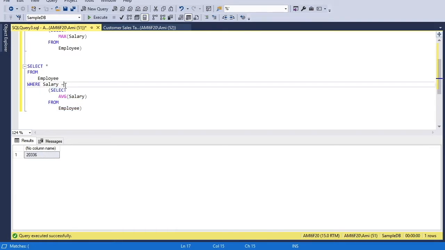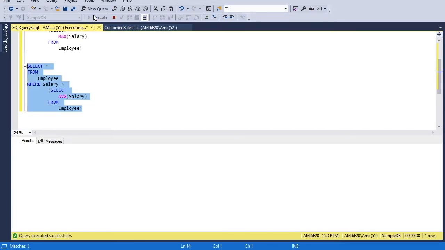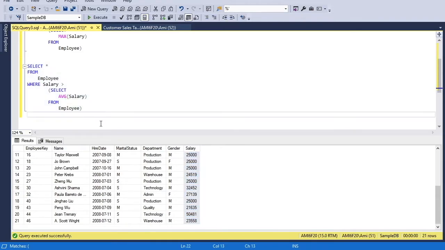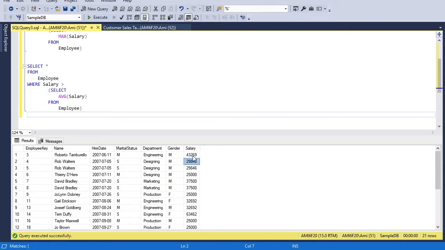And in the outermost query I am saying display only the employee records where the salary is higher than the average salary. So if I run this, you can see there are 21 rows where the employee salary is greater than the average salary. Now if we want to place the average salary just beside the salary of every employee, then how can we do this?